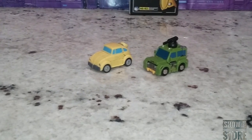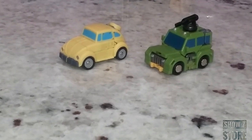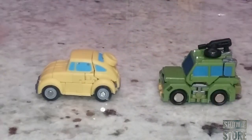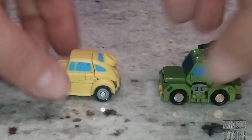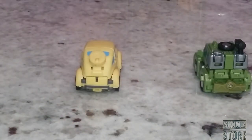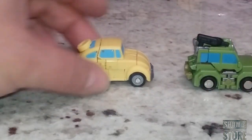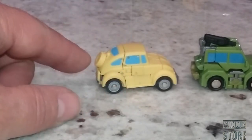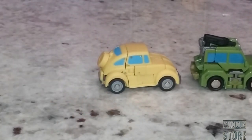So comparing this to New Age here, the New Age one of Bray should be way bigger. So again, this is different scales from different companies at different times and what they're doing. I think right now they're scaling together a lot closer, so you can mix and match New Age and Magic Square a lot more. But again, that's kind of the scale and size and look of these guys. Just moved that around, popped off, but I think it might look better down here like this. Anyhow,